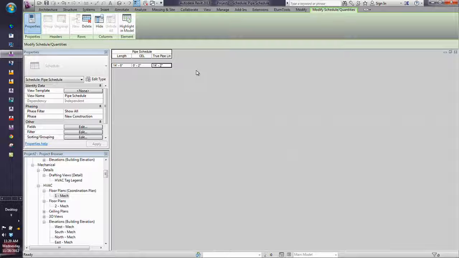Yeah? When I nest my families, if I nest the coil family inside my air handling unit family, I can't control the coil in the schedule in my project. I'm trying to do a nested coil inside of an air handling unit, and if I edit the family, I can edit the coil data and put it back in and schedule it separately, but I can't go to the schedule and go to that coil and say change